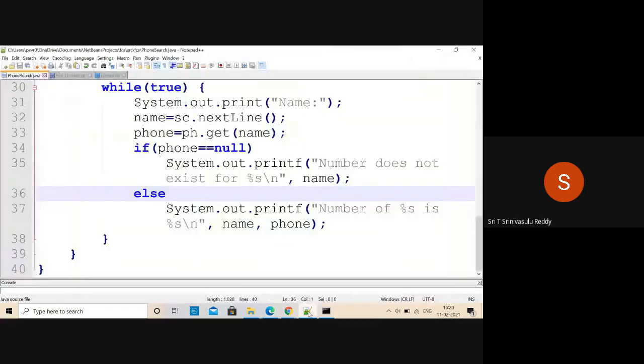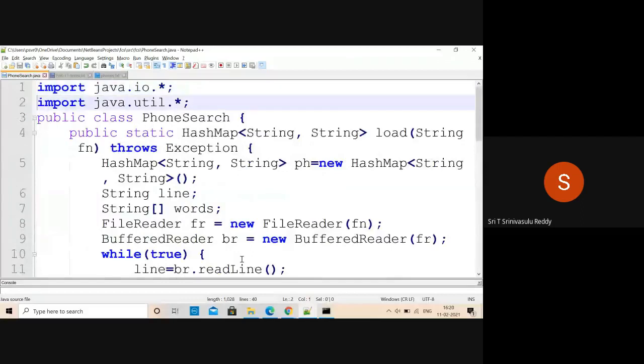So coming back to this now, what is the logic that we have taken up? There are 2 steps. One is the loading of the data. The other is the searching of that. While loading, you are creating a hash map so that search becomes very quick. And the hash map usage is going to be like this. Essentially, HashMap is a class that is available in java.util. It requires key value pairs. So you have to specify the data type of the key and the data type of the value.